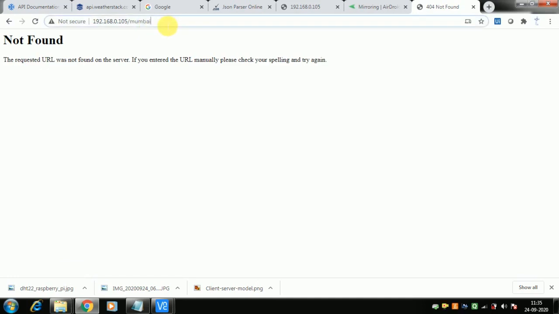So we can put things in the server side programming, like /Mumbai, /Delhi, /Kolkata, /Bangalore, /Chennai. That way we can get temperature and humidity values from different cities. That is how it works. But for now it is programmed only for the root route, so it is giving us the value of Mumbai when we are asking for the route.